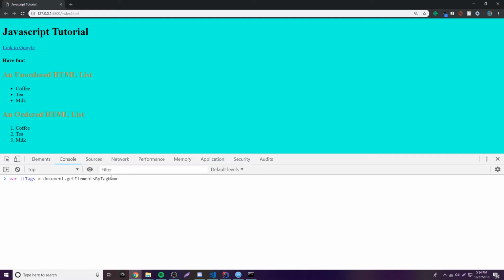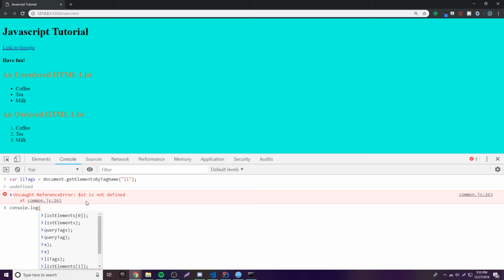And so what it's going to do is look in your document object model. It's going to look for any elements by a given tag name. So for example, the tag name that we want to search for is li, right? That's the name of the element, I guess, the tag for the element, okay? So if we press enter, we're not going to store all of those inside of here. So if we want to print that out, we do